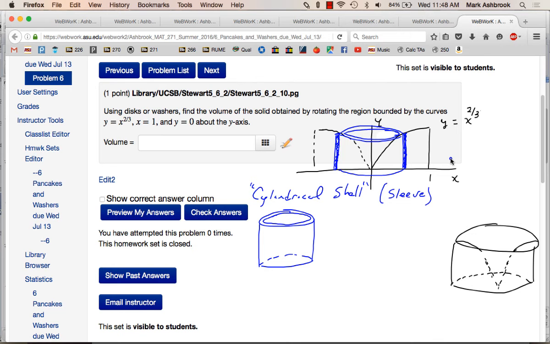Okay. So we know we're going to get the total volume by adding up the volume of the individual shells, so we need the volume of a shell. So what is the volume of one of these things? What we want to do is take,